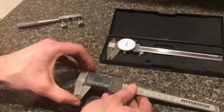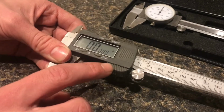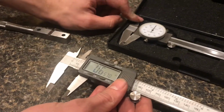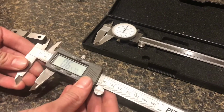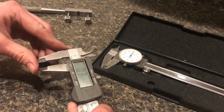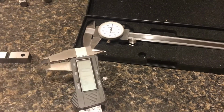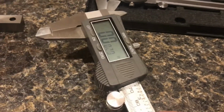Now the digital, since it's a digital readout, you might have to use a calculator for the numbers. But these can be just as accurate as the dial calipers. It all depends on what kind you get. The pair that we have here, I've noticed that there is a little bit of compression that can happen in the calipers. So if I zero the calipers, and that's something you have to do that you don't normally do on dial, you have to close them, make sure they close to 0. Actually these aren't. So if I close the calipers, make sure they're zeroed,